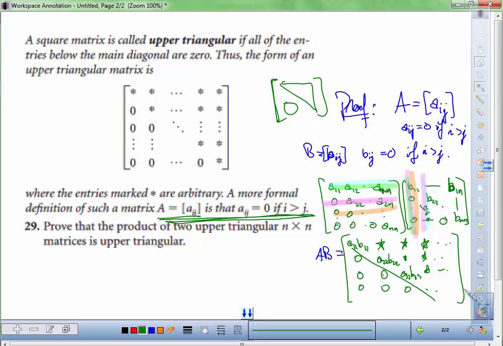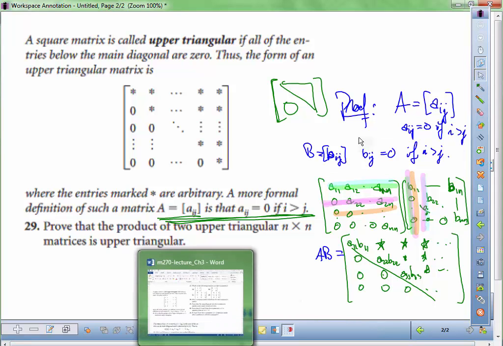That's our observation. So let's see if we can actually prove it. You can kind of visualize it, but this would be more like an informal proof. So to make this a more formal proof,